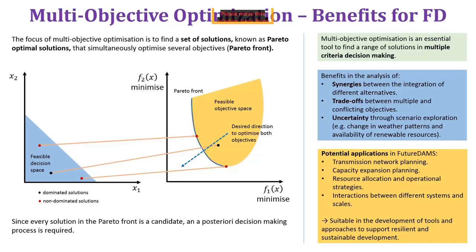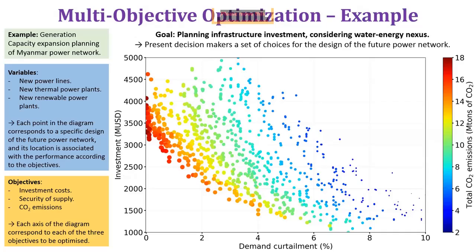Multi-objective optimization also has interesting applications in the FutureDAMS project, like transmission network planning, capacity expansion planning, resource allocation, and the study of interaction between different systems to support sustainable development. In the next slide, we can see an example of the application of multi-objective optimization in the power network expansion